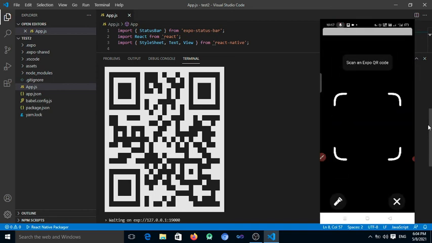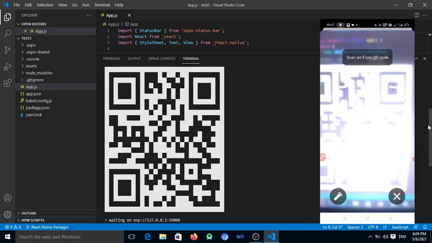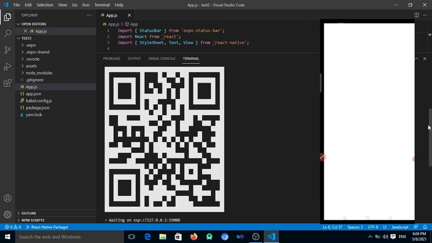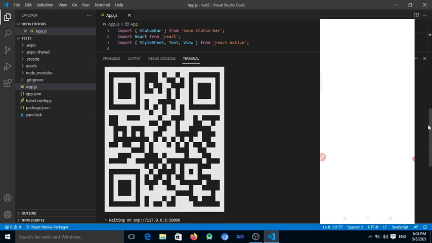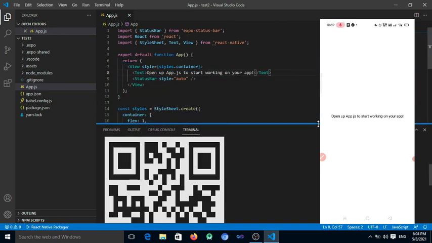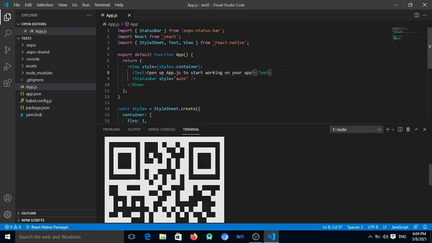Here the scan QR code option is there. Click on it and scan this QR code. So your project is loaded on your mobile device. It takes some time. This is the message of your project that is shown on your mobile device.